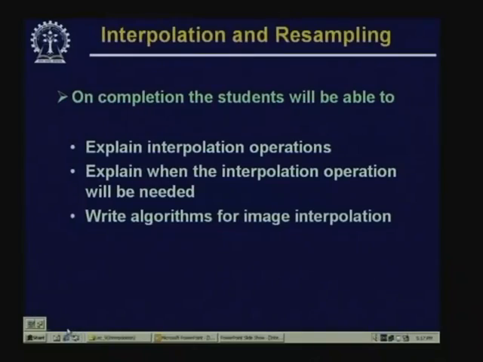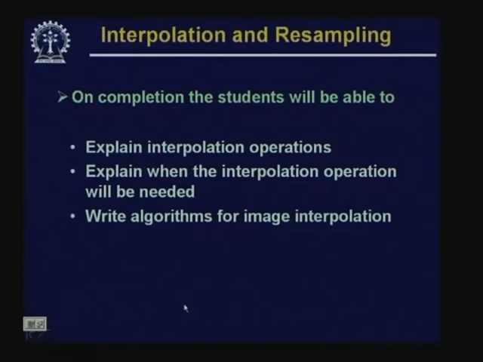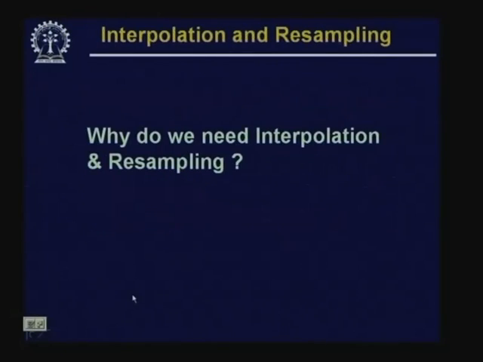Then take that intensity value and put it into the point in the transformed image where I do not have the information. So, this is why you find that interpolation and resampling is very, very important whenever you are working in the digital domain or doing some sort of transformations over a digital image. Now, whenever we go for interpolation,